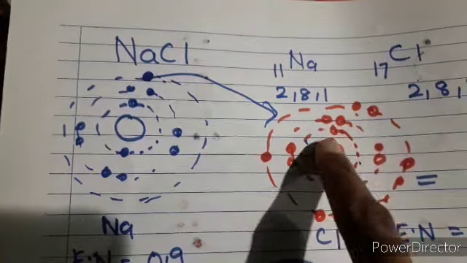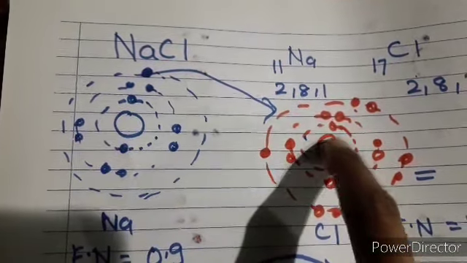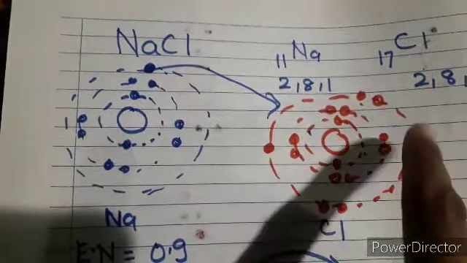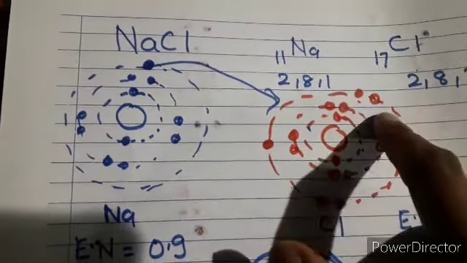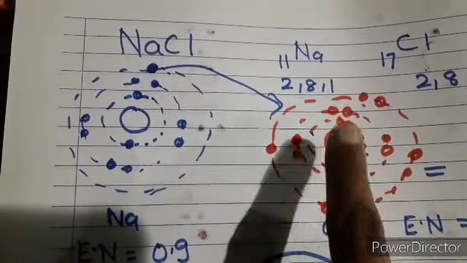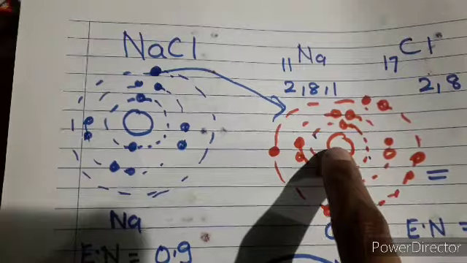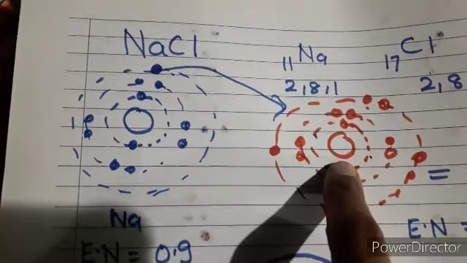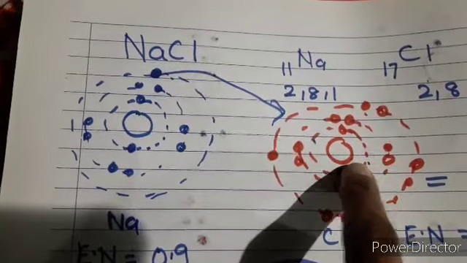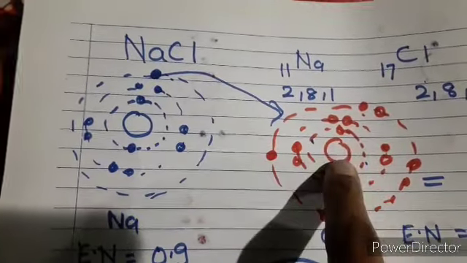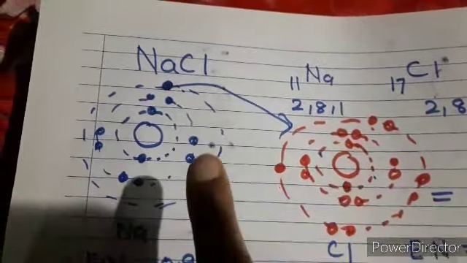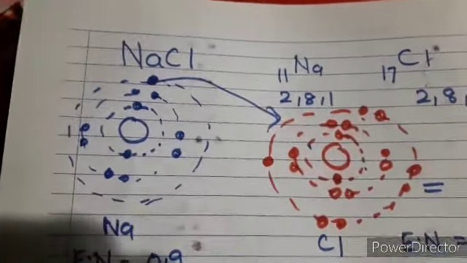So the nuclear pull exerted by this nucleus on the electrons present in the outermost orbit will be more, right? Whenever an electron comes from the outside, since it has the greater charge on its nucleus, it will attract the electrons toward itself to a greater extent, right? So in that particular case, the electronegativity will be more for that atom. So over here the electronegativity for Cl will be more in comparison to sodium, right?